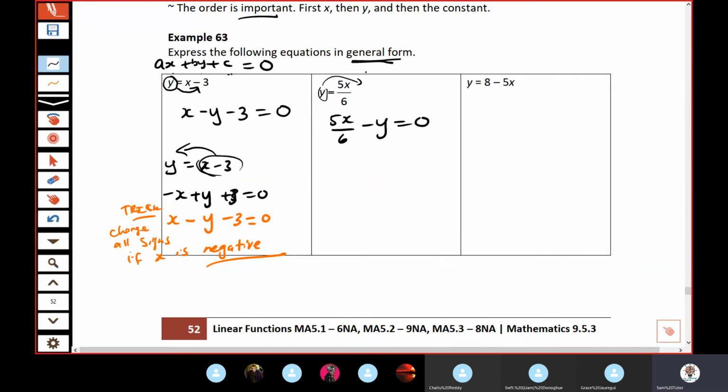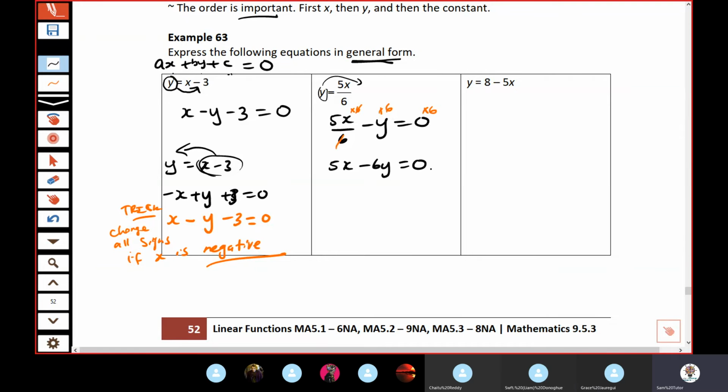Now you tick: x is positive, tick. Everything's on one side, tick. The third thing is I can't have fractions. So what are you going to multiply everything by? 6. Yeah, too easy. So if you times this one by 6, you get rid of it. You times this one by 6, it becomes 6y. You times this one by 6, look, 0 times 6 is still 0. So your answer is 5x, that's gone, minus 6y equals,